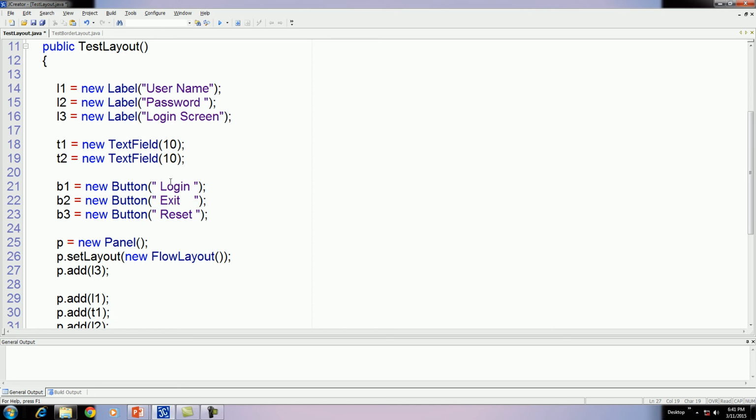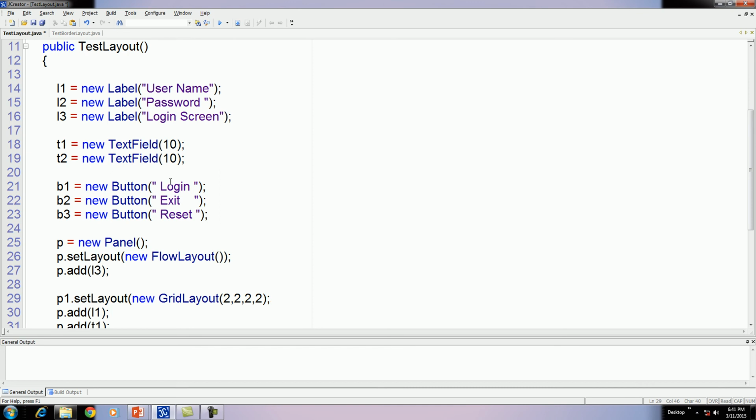Okay, on the P1 we have two text fields, two labels. Therefore, P1 dot set layout in bracket new. We can use here grid layout, number of rows 2, columns 2. You can also set some gap, vertical gap and horizontal gap. You can increase or decrease these values as per the requirement.